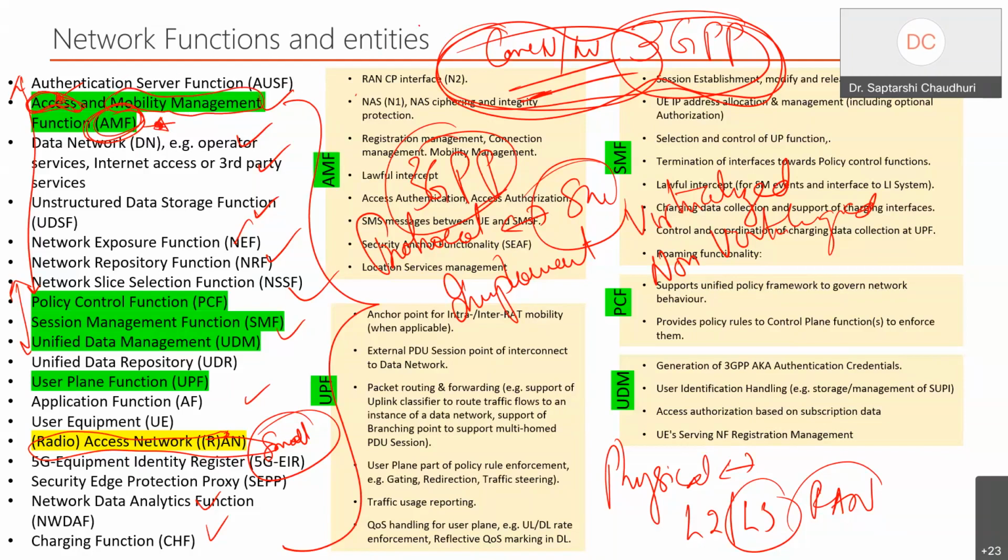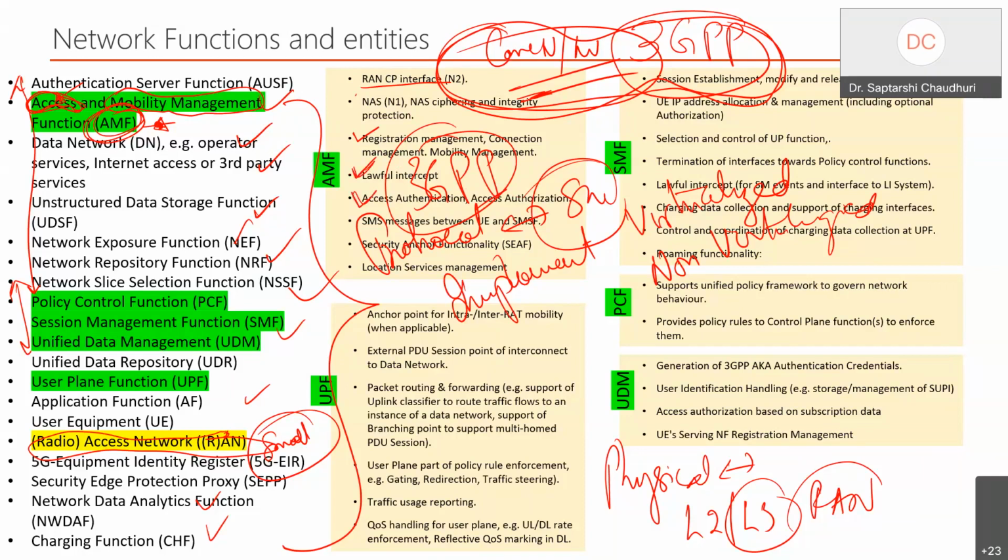So the RAN talks with some protocol with them. This is the person who takes care of your registration process. It means that he can veto you, saying that you are not a right user for my network, and he can throw you out actually. He is the person who can lawfully monitor you, and who can make sure your authentication and authorization are maintained.